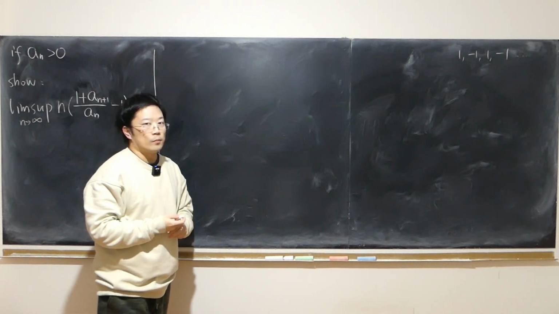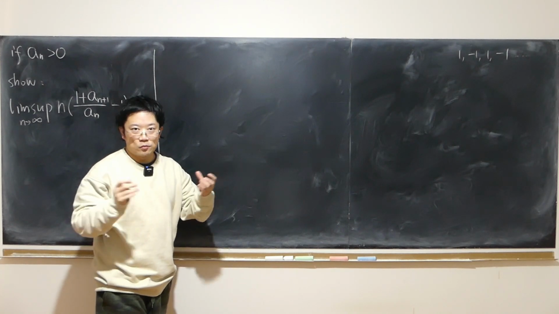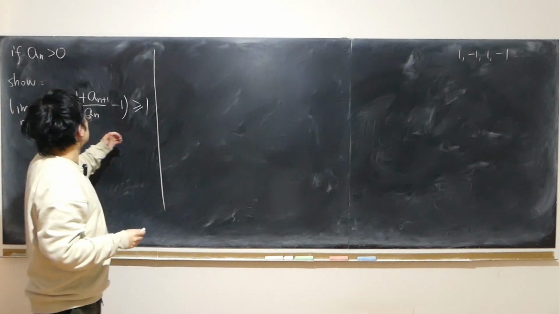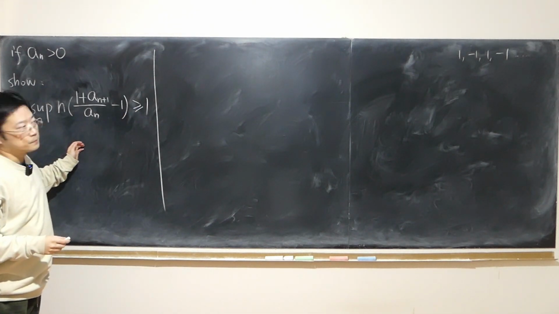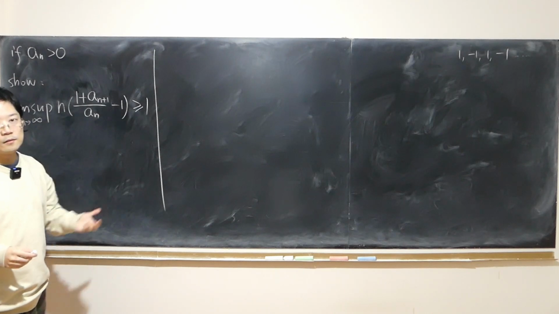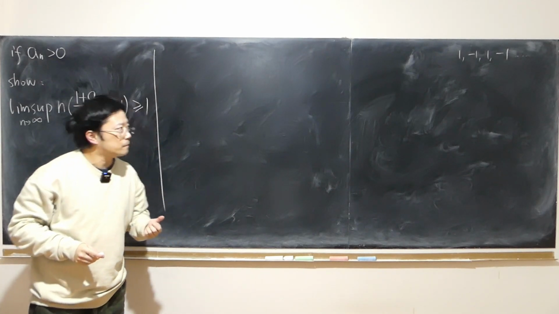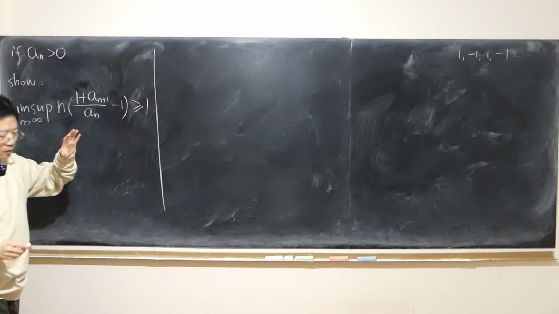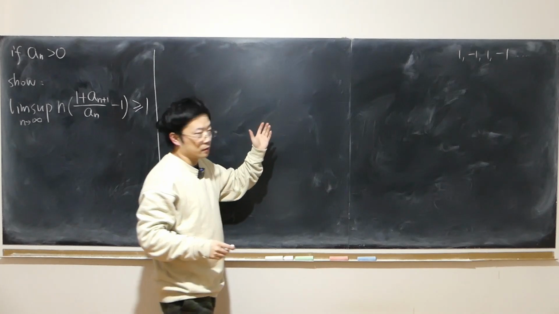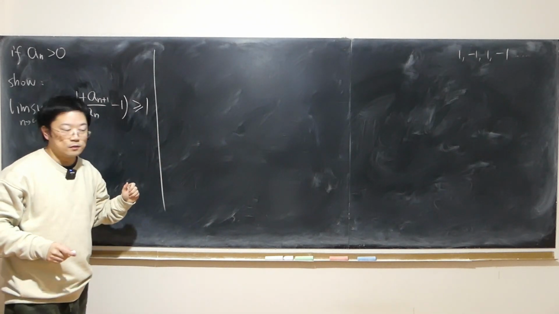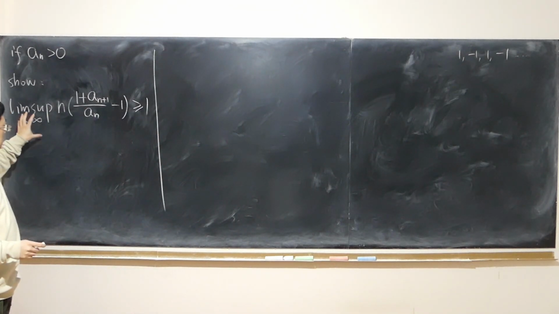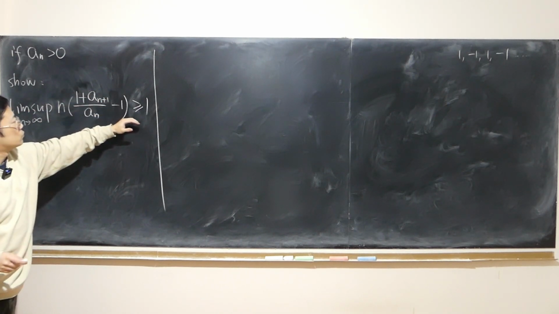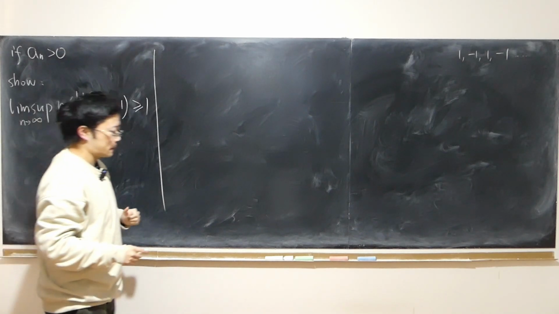So we put all those limit points into a set, and we take the supremum. We call it lim_sup of that sequence. And vice versa, if we take the infimum, then it's lim_inf. So how do we know that it can be proven that the lim_sup is actually the biggest limit point? So how do we know that the biggest limit point of this sequence is bigger than or equal to 1? How do we know that?